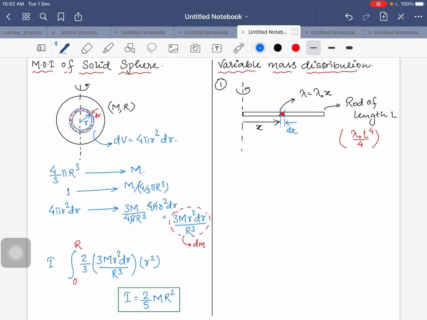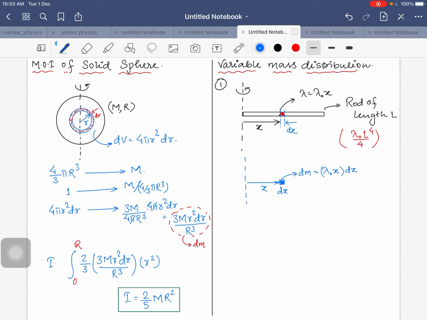Now to get the mass of this part, it will be quite difficult. At x, if we move, this is the length dx, okay. So here what is the mass per unit length? We are at a distance x, so mass per unit length is lambda naught into x. Into length we have to multiply, because it is nothing but mass per unit length. So the mass of this part, dm, will be equal to lambda naught x, the mass per unit length, into what is the length of the particle, dx.